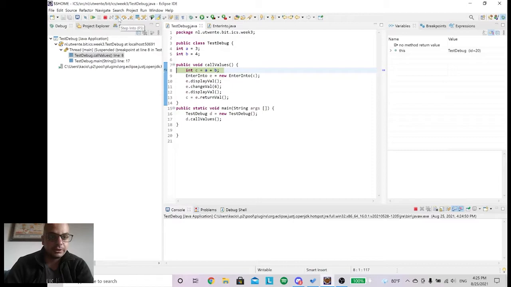So when you debug, here on top you have three buttons. This is step into, this is step over, and this is step return. The first one is if you want to enter, let's say, a method call or a class or something like that. It's just when you call something to enter it. This step over is just to go down the lines, and this is for returning back.